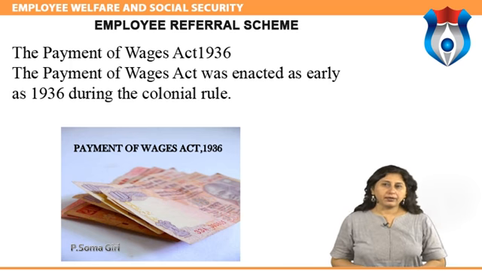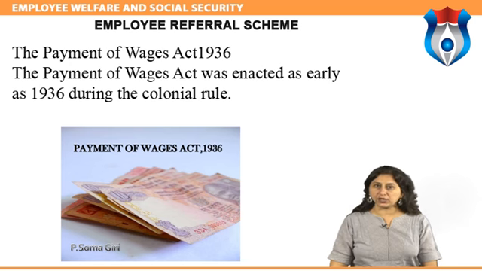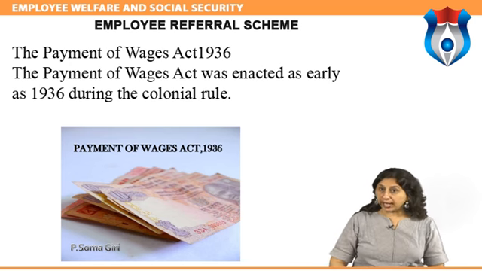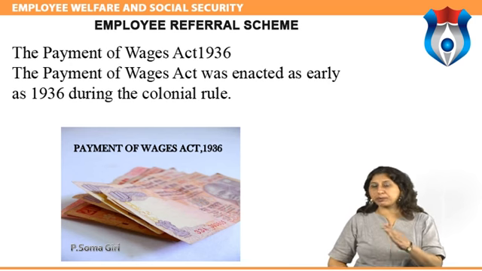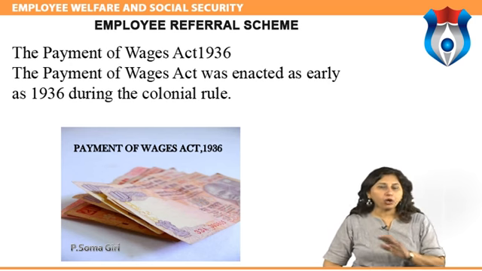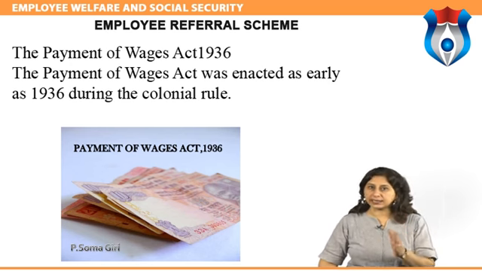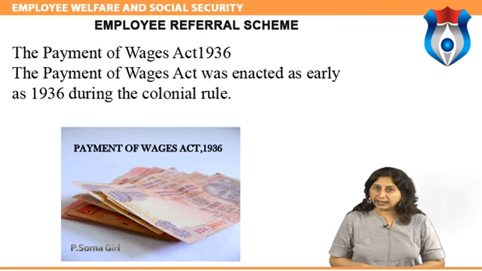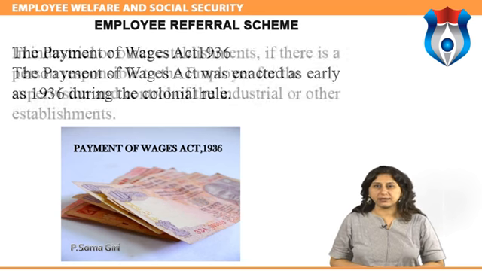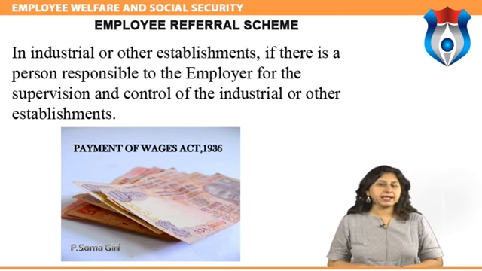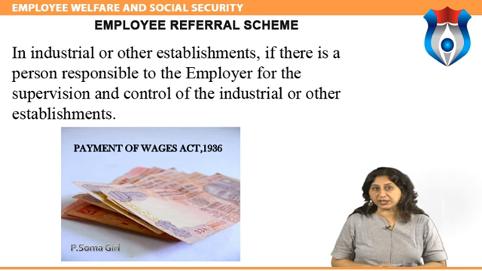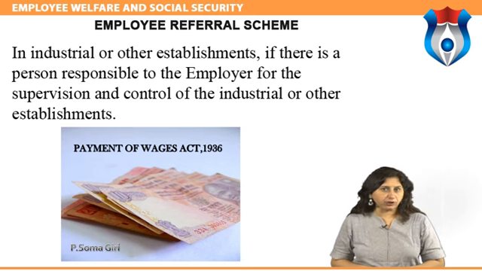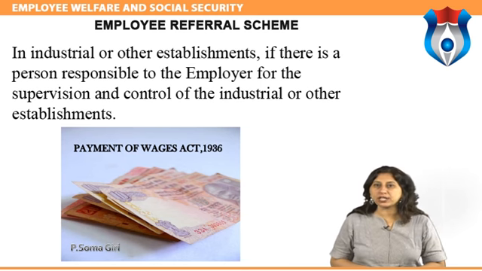Section 3. Responsibility for payment of wages. Every employer shall be responsible for the payment to person employed by him of all wages required to be paid under this Act, provided that in the case of persons employed otherwise than by a contractor, in factories, if a person has been named as the manager of the factory under clause of subsection 1 of Section 7 of the Factories Act 1948, 63 of 1948,